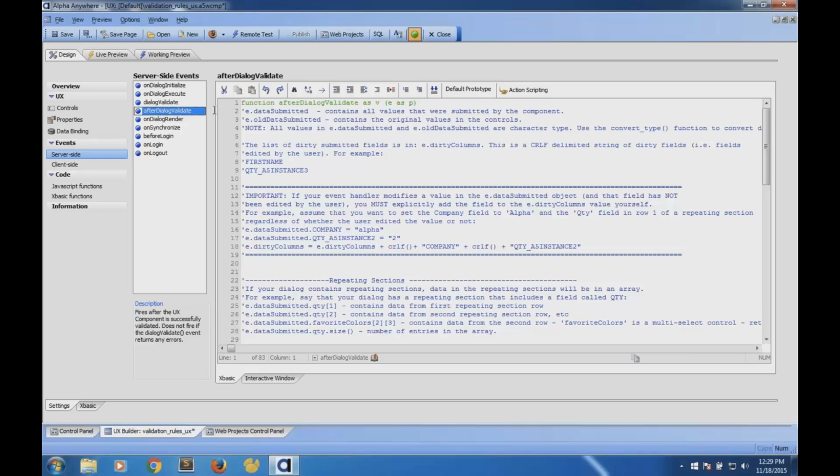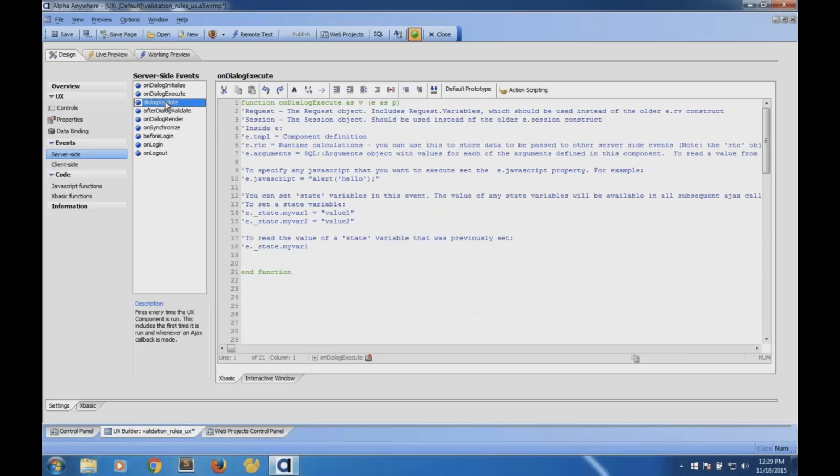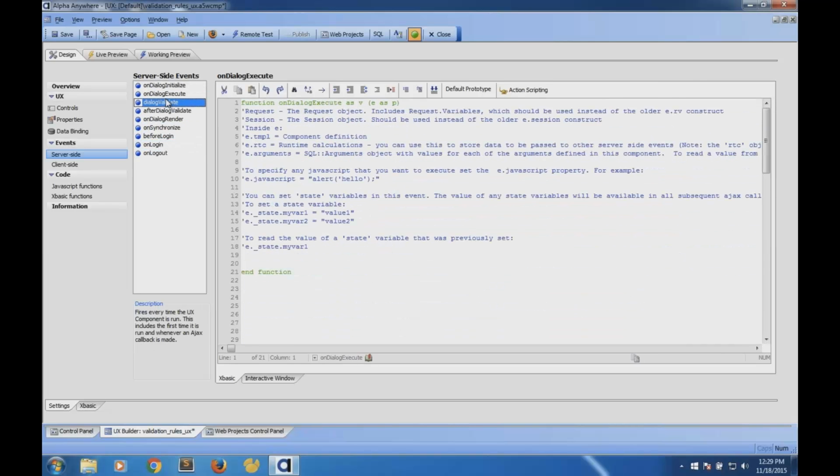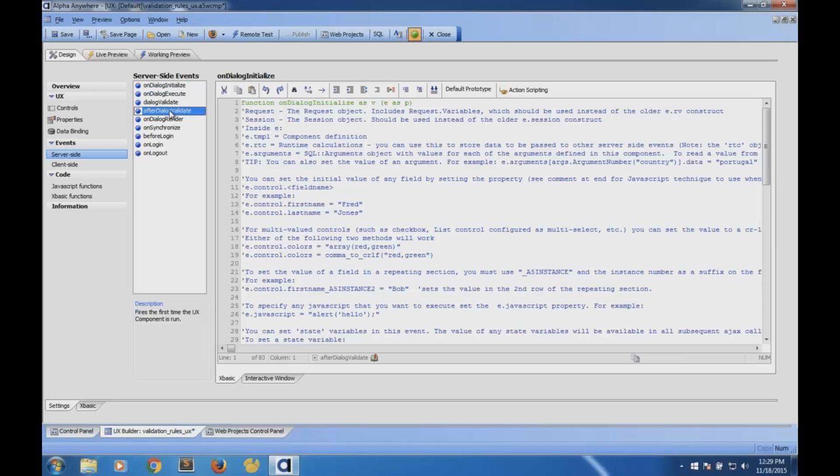And actually, another great question that came in this week, which Dave and I are queuing up for, is we're going to walk you through the life cycle of a UX form and talk about what happens in each of these different states and explain how you would use these in a little bit more detail. But for